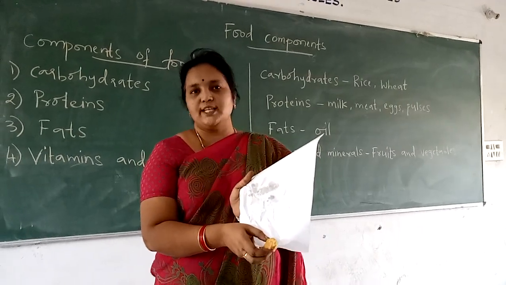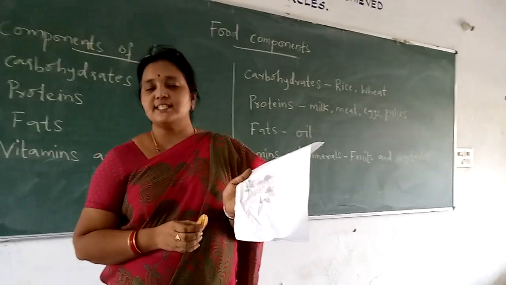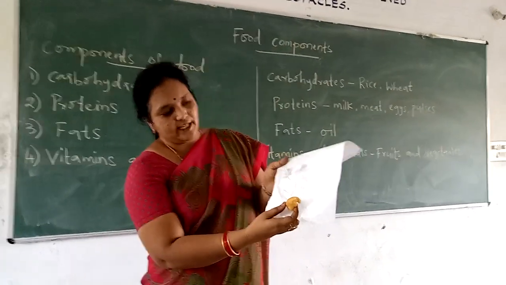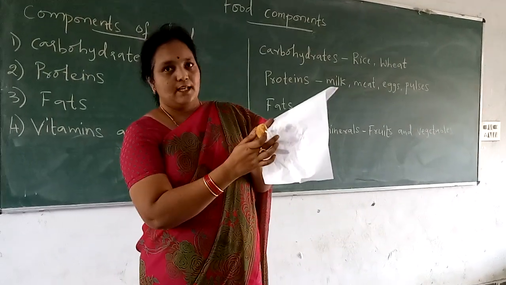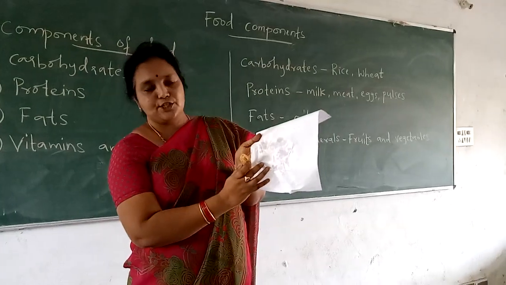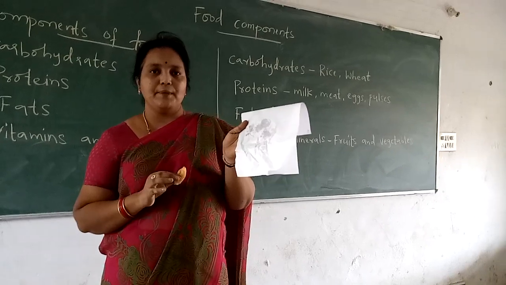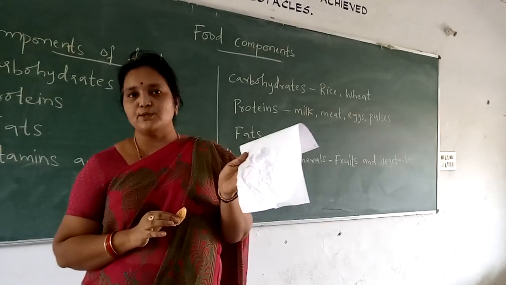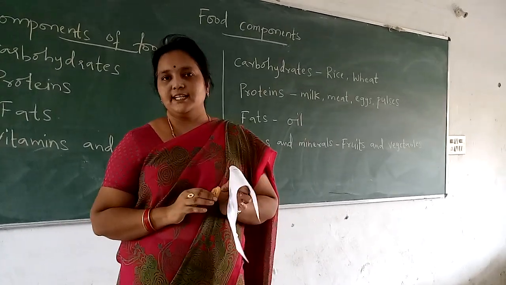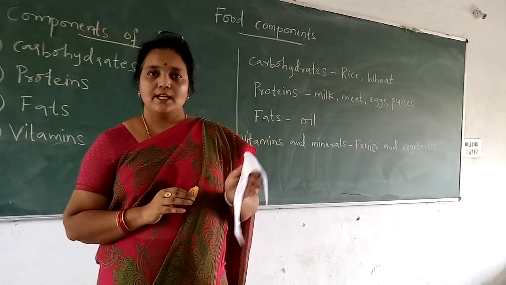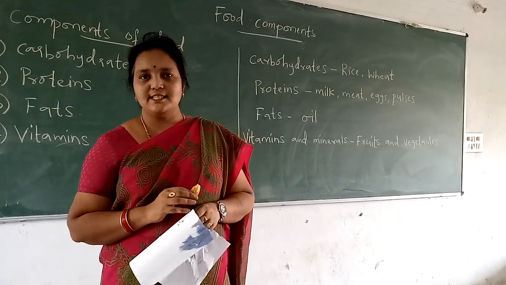I think everybody knows what is translucent. If light partially passes through an object, it is called a translucent object. You can see here, this part where I have wiped the sweet with the paper, it has changed to translucent. So if any food item is kept on a paper and it changes the paper into translucent, that food item has fats. So in this way we can test the components or nutrients present in the food items by doing these experiments.